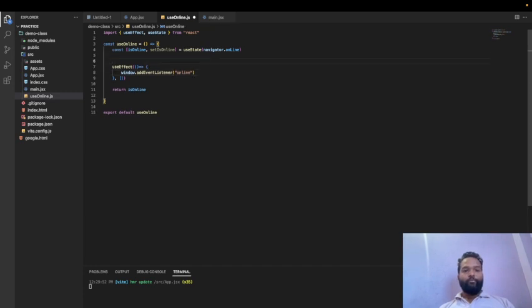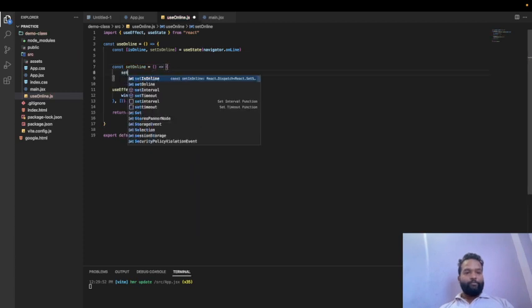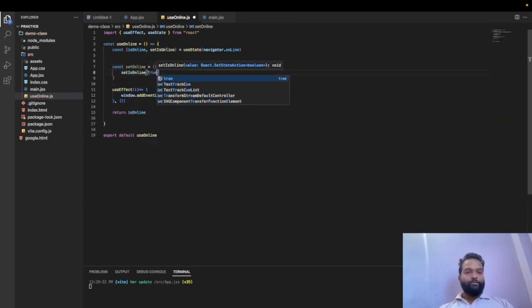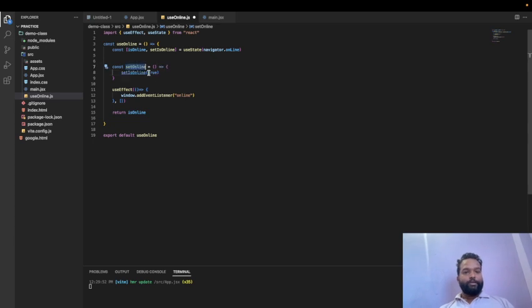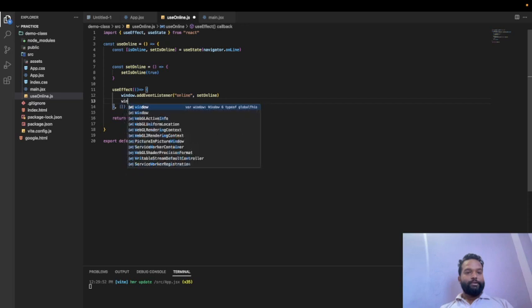And what we want to do when the user is online, so we want to, let's say constant, we'll create a method setOnline, right? Okay, and what we'll do, we'll just set is online to true whenever it changes, window,